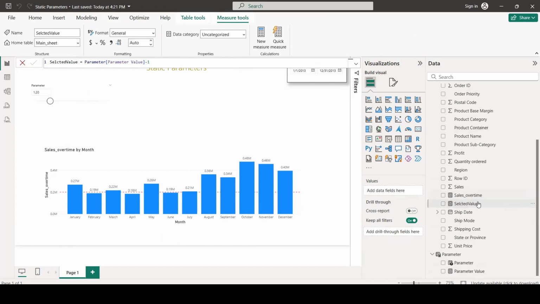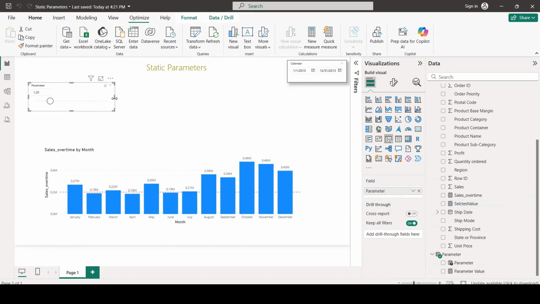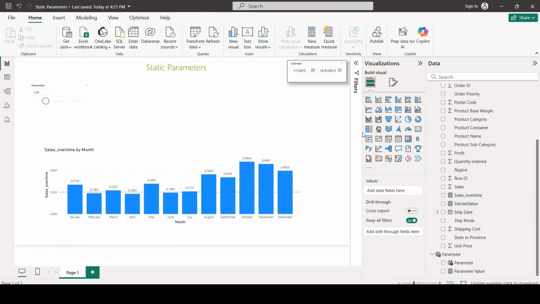So once I do that, I will change the format to percentage with 0 decimals, right?